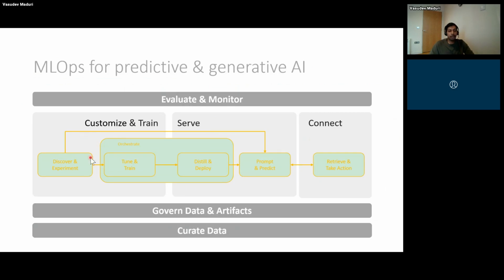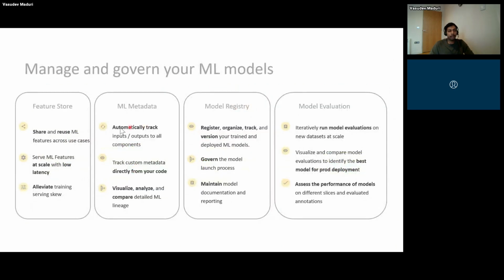Generally, we would discover and experiment and then train the model and then serve and connect. This is both for predictive and generative AI. So how exactly can we manage and govern? As discussed, we have feature store, metadata store, model registry, and model evaluation. These are the four steps we need to take into consideration whenever we want to automate the